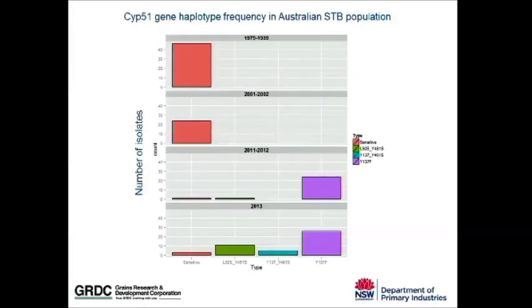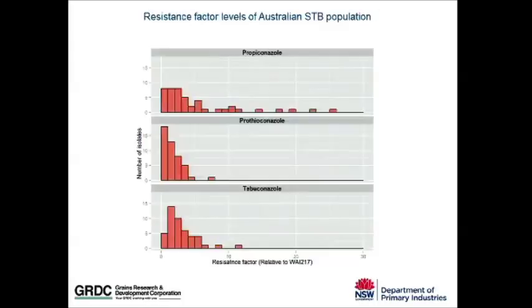And we've also picked up a number of isolates with a unique combination that hasn't been reported elsewhere, of the 137F in combination with the 461S. So that's our sequencing data showing us those. We've then carried those isolates through to